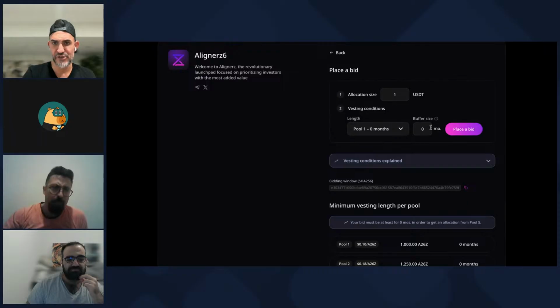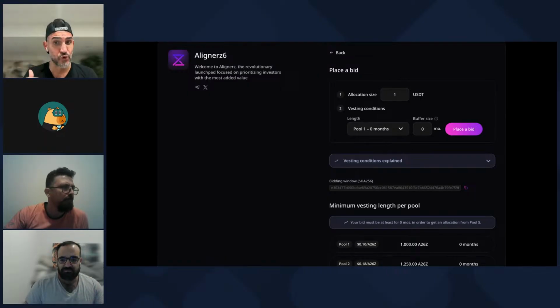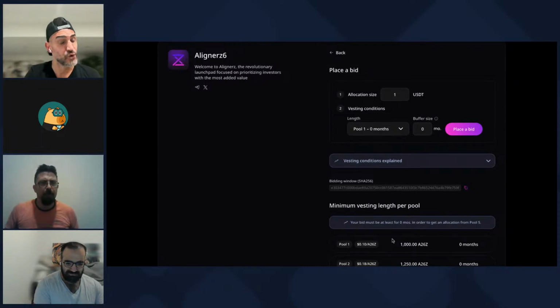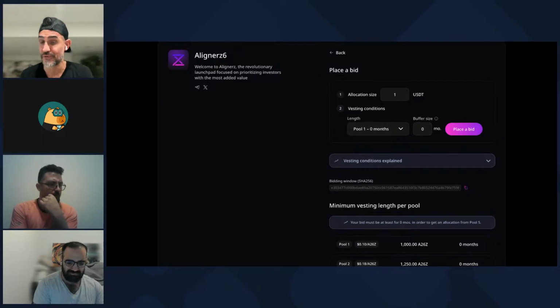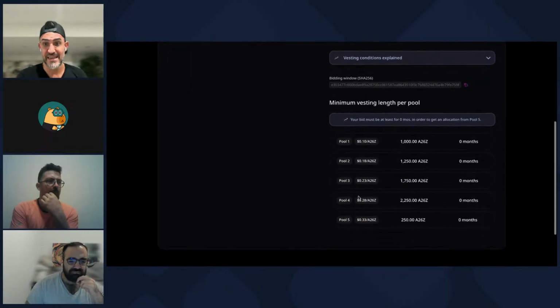This is where you're essentially going to place your bids, meaning the dollar amount you want to commit along with the actual vesting length. Again, don't forget what moves you down and into pools, and what allows you to get a cheaper token price and into the earlier, or lower, pools, is the longer your vesting schedule is. This is not first come, first serve. This is if you are willing to bid the longest, right? From a vesting standpoint, in terms of number of months, that's what's going to allow you to take home the gold out here.